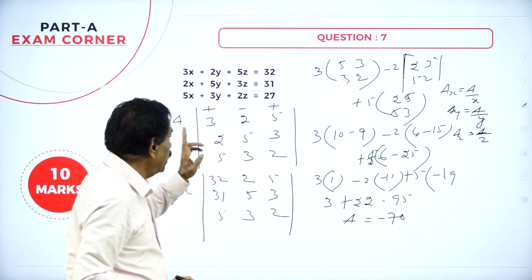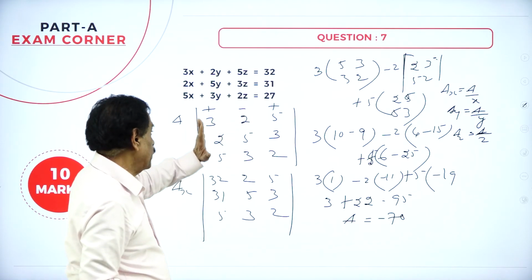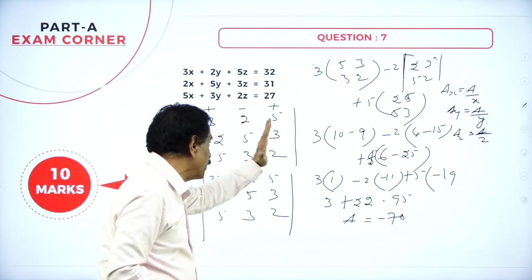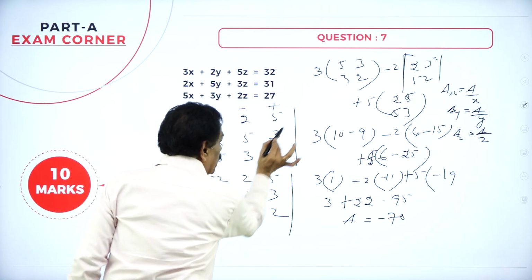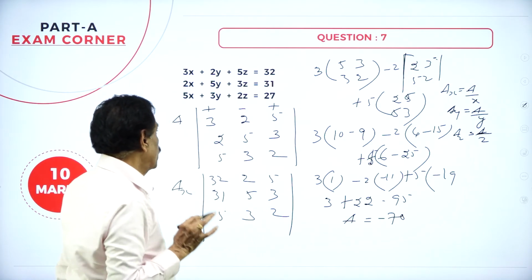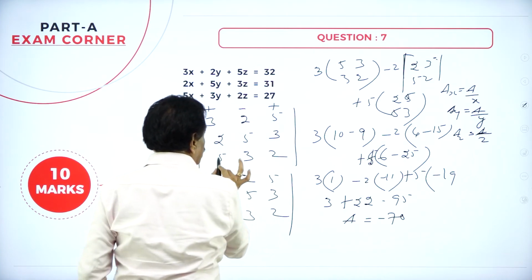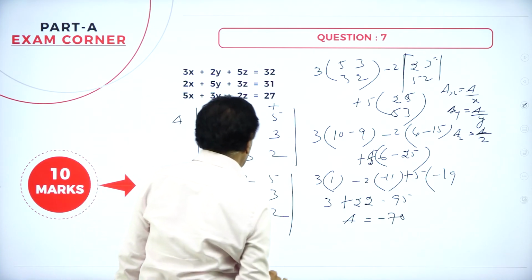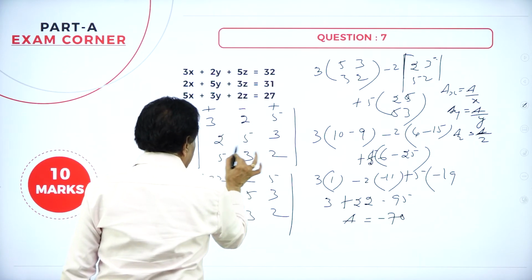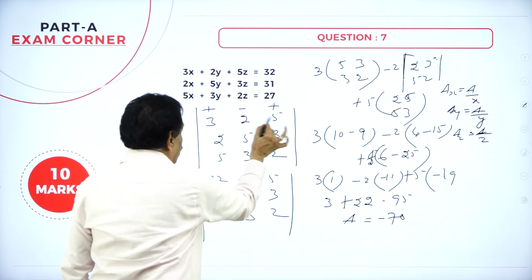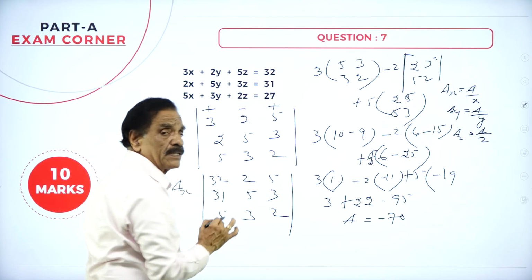So here the only thing is plus, minus, plus. First is plus, multiply this. When you go like this, now plus becomes minus. That's important. So if you take the 2 now here, this line will go. What is left over? 2, 3, 5, 2. If you take this, no, this will come, this will remain. If you take the 5, this one will go, 2, 5, 5, 3 will remain.